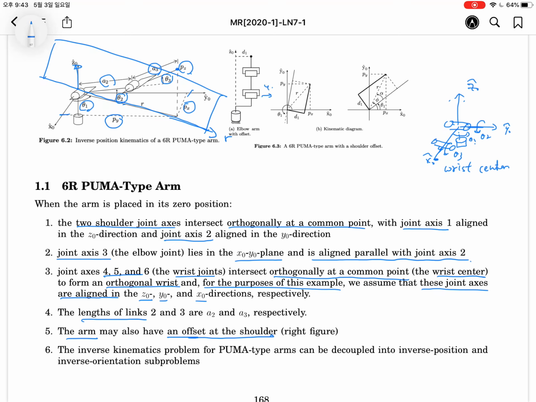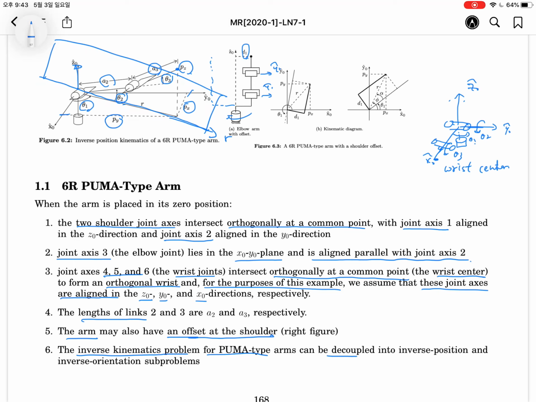Actually, as mentioned before, this is aligned with the y-axis. Okay, y-axis. Okay, we have this kind of offset. So by rotating theta 1 by 180 degrees, pi, maybe we have this posture. Okay, you're right. So this kind of concept will be utilized to solve